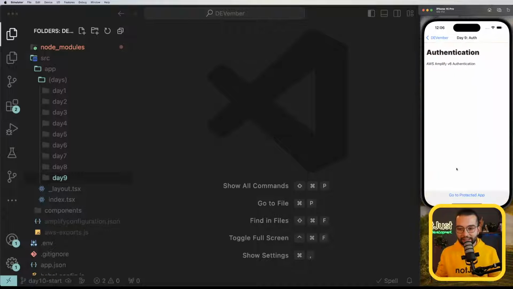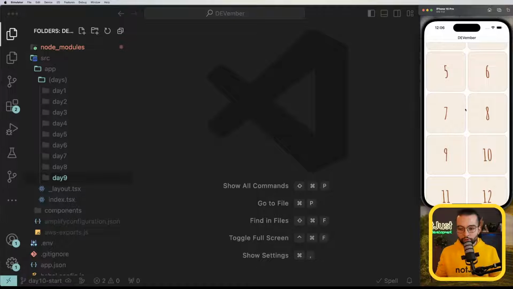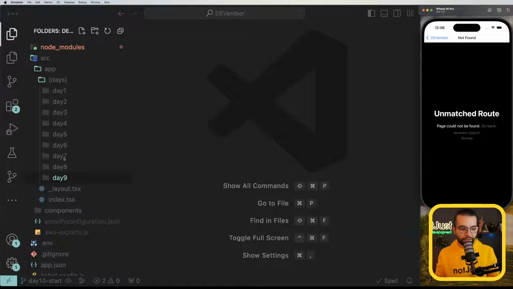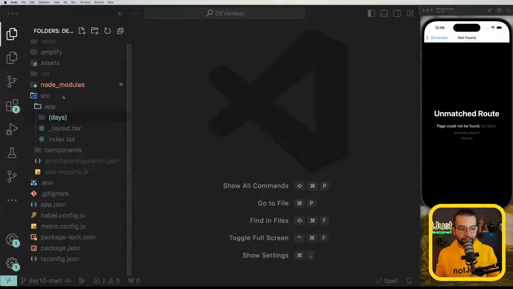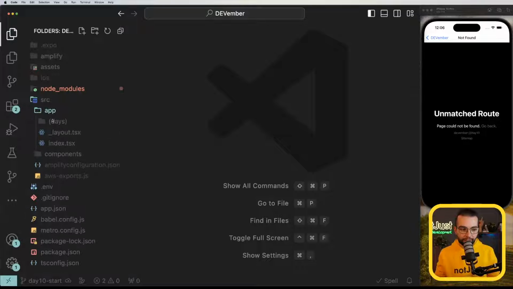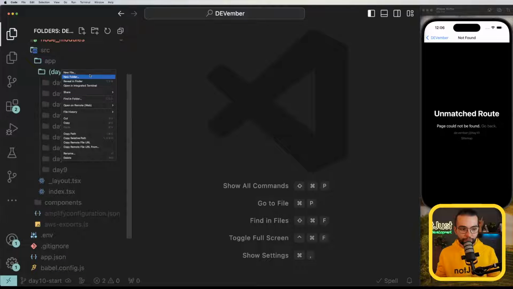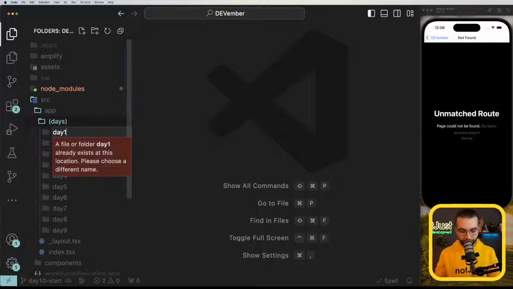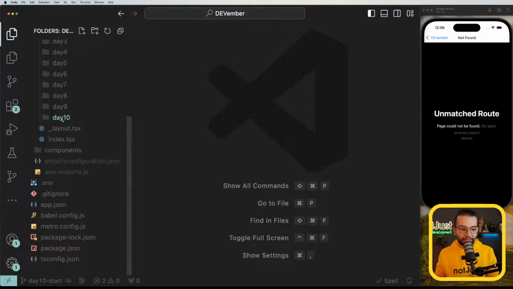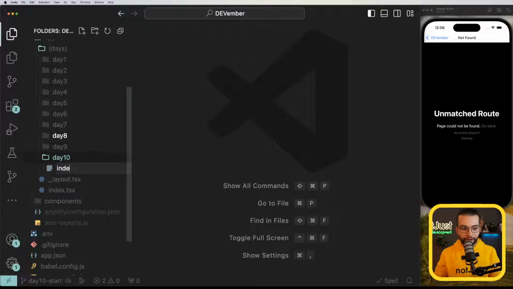Yesterday was day 9, and yesterday we implemented this authentication flow for signing in and creating an account. But today we're going to move to day 10, which doesn't have a screen yet. So let's go ahead in our application, days. Let's create a new folder for day 10. We are using Expo Router, and in Expo Router to create a new screen or group of screens, we create a folder and a file will become a screen there. So I'm going to start with